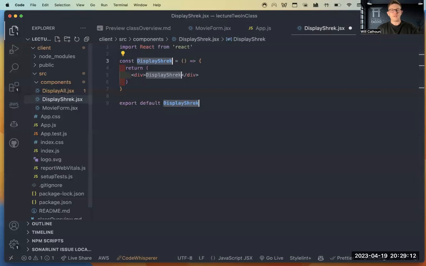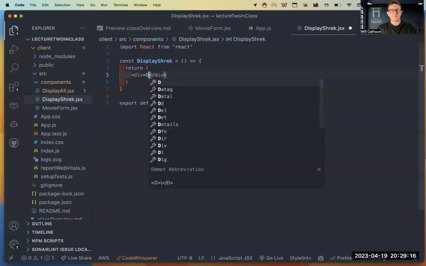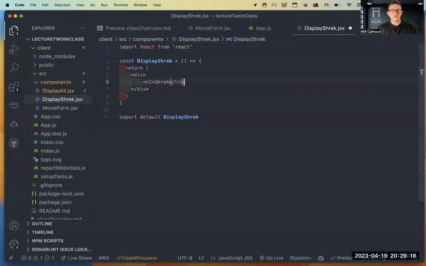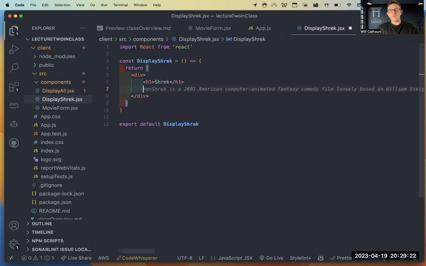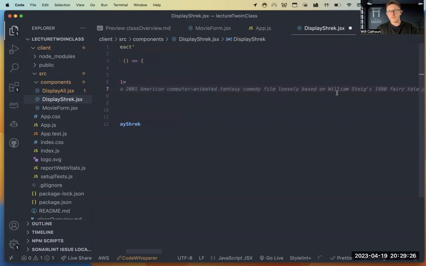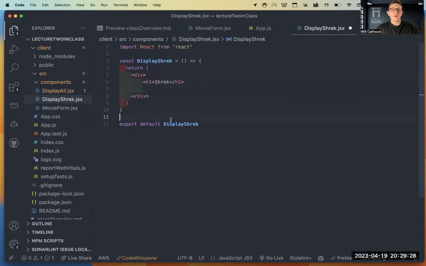RAFCE. Cool. Display Shrek. Come in here. Now, if I just wanted to, oh yeah, computer animated fantasy film. I love that. If I just wanted to show one, what could I do?